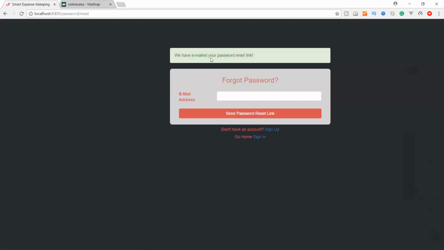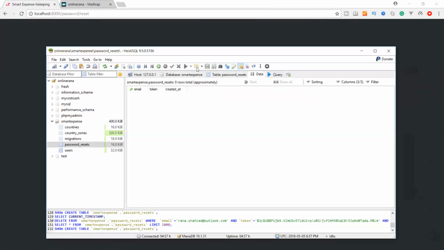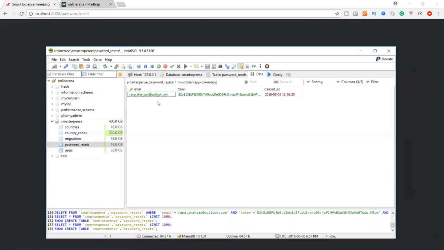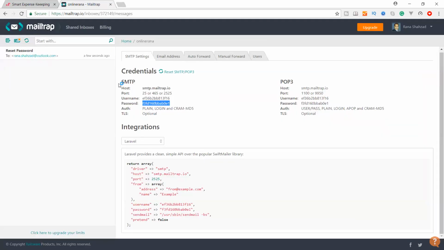We have an email, your password reset link, and we can check in our database. It will show the email address, and the token that they send through email, this one is the token. And we can see in our Mailtrap, here we have an email.